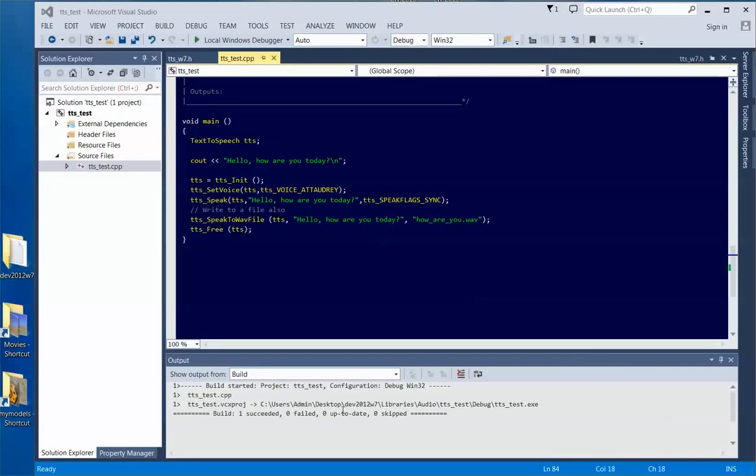Let's talk about text-to-speech programming. Along the way, we'll also mention lip syncing. Now, text-to-speech programming is not used a lot in computer games,